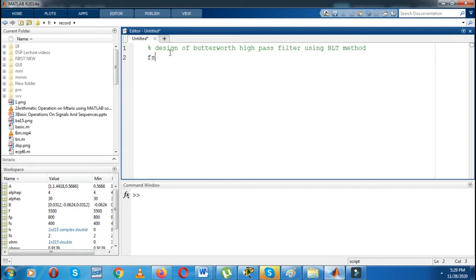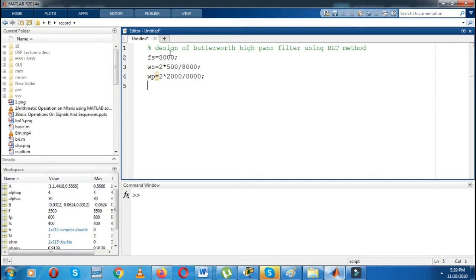First I will take the sampling frequency equal to 8000. Then I will write the stop band angular frequency WS equal to 2 into 500 divided by 8000. Then WP, the passband angular frequency, equal to 2 into, for example, 8000 divided by 8000.